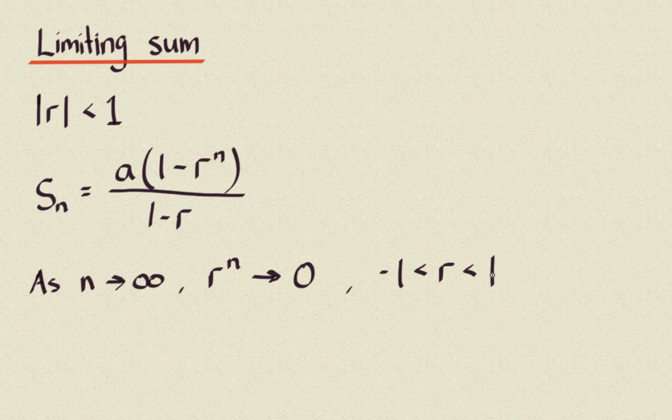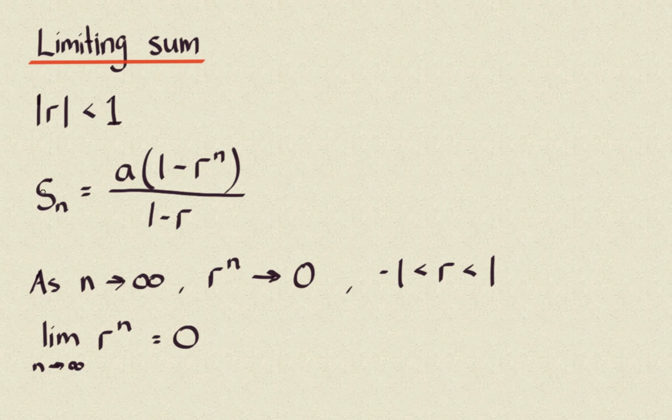Okay, so if we take r to the power of n to go to 0, or another way of writing that is that the limit as n approaches infinity of r to the n is equal to 0,